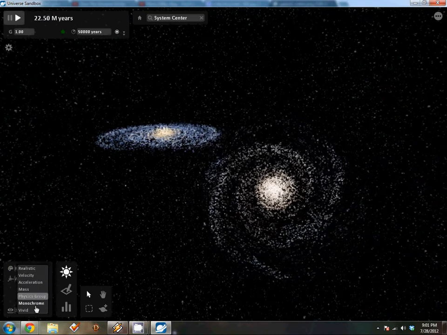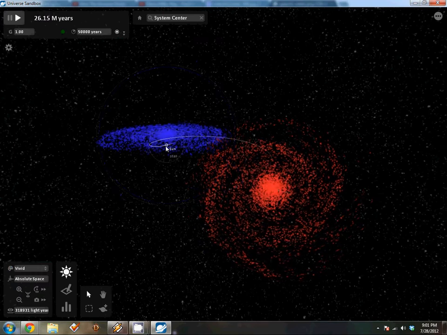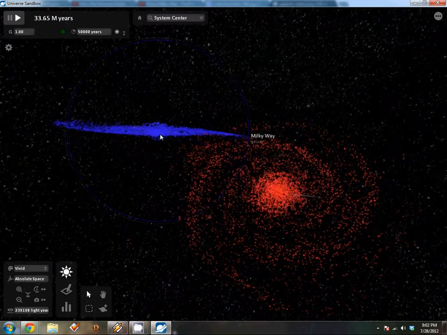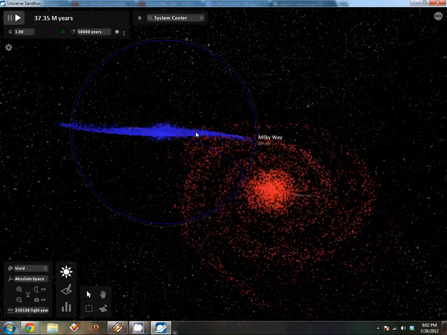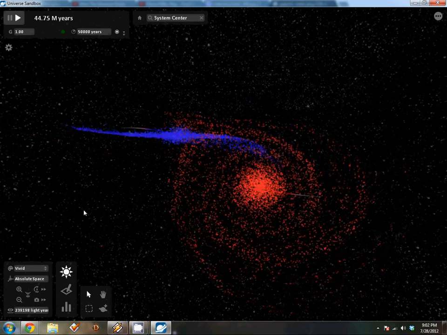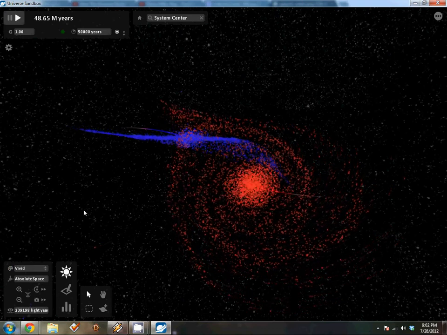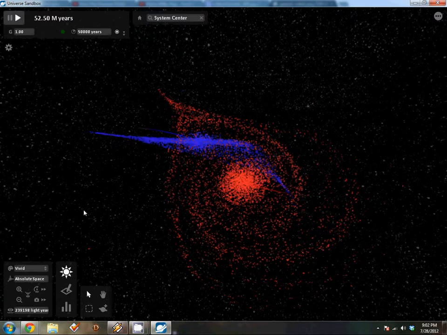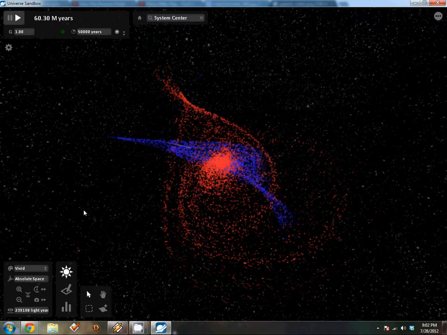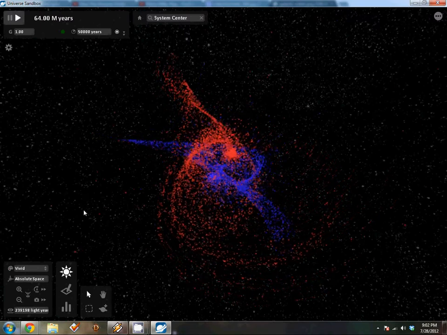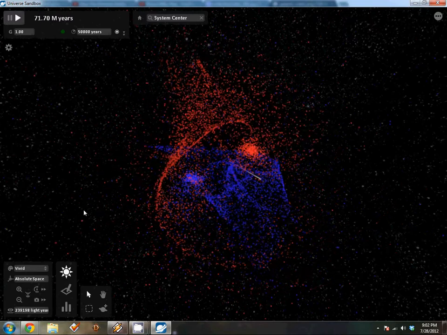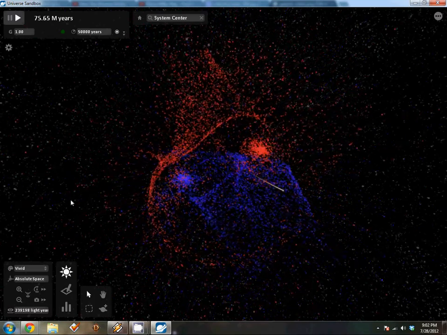I'm going to change the graphics here so we have vivid, so we can see the blue here, and then the yellow, the white here is our sun. And as they start coming together, you can see the galactic core from Andromeda is starting to pull down on the disk, and as the two galactic cores start to come together, all of the fast-moving objects in the galactic bulge suddenly get accelerated far more by the extra gravity working on them, and when they do that, boom! There is a massive outpouring of hugely accelerated stars that all reach escape velocity and all spread out all the way through everywhere.